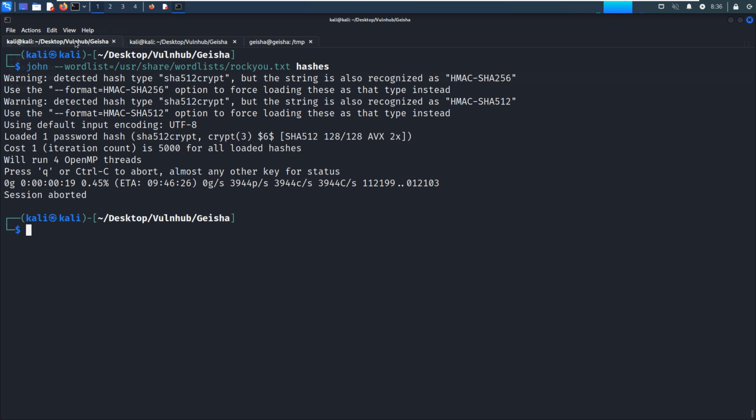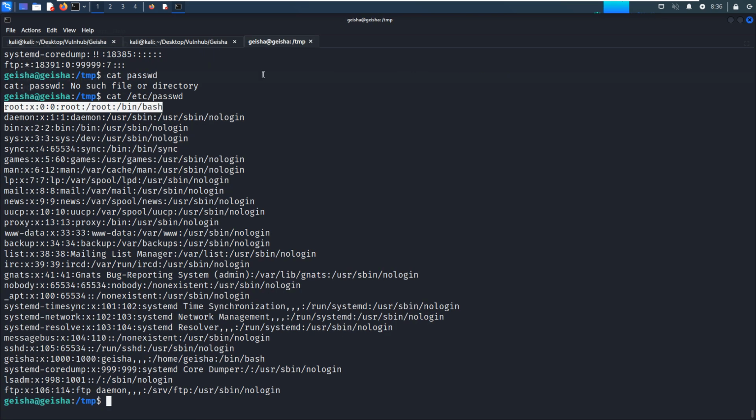Okay, so now let's go back. We need to find other ways to get a root shell. The next point we can think of is to retrieve the private key of the root user. In many cases, I think maybe the root user doesn't use the private key or key pair to authenticate to the machine. However, it deserves our choice, right?